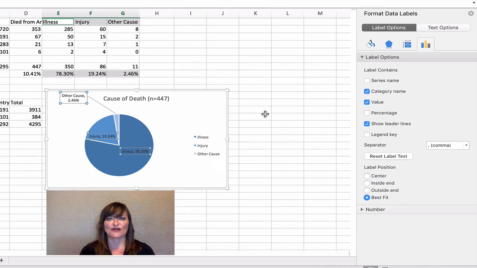When you're happy with how your pie chart looks, go ahead and copy and paste it into your write-up and write a sentence, probably just a sentence, that interprets this information. Remember, you don't want to just repeat the information in the narrative. You want to add your interpretation. You want to be telling a coherent story.